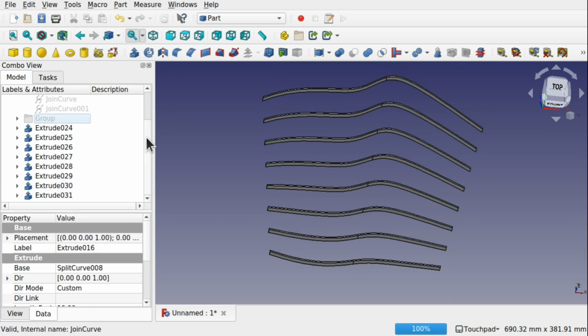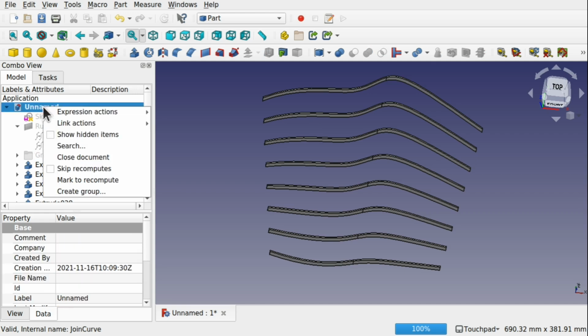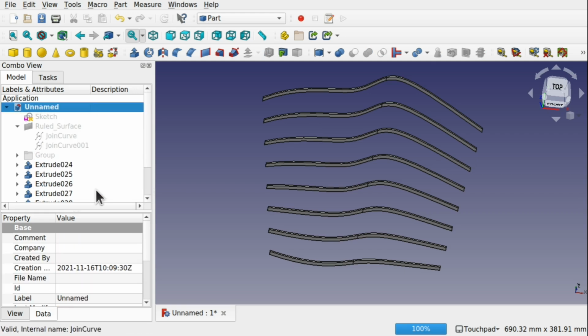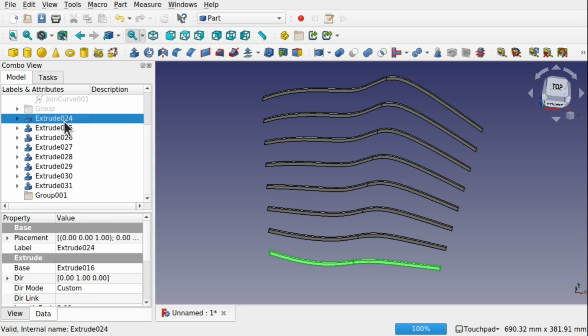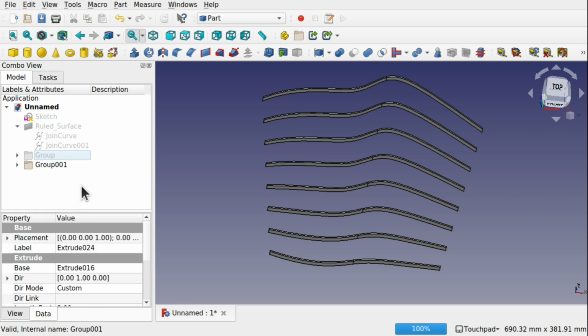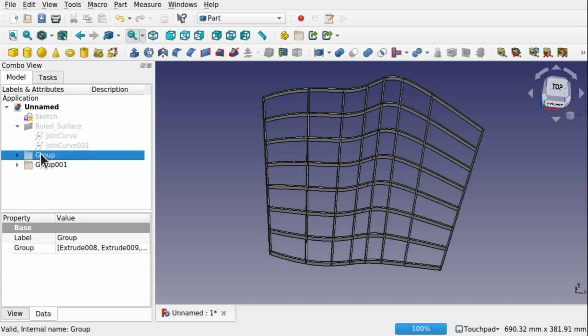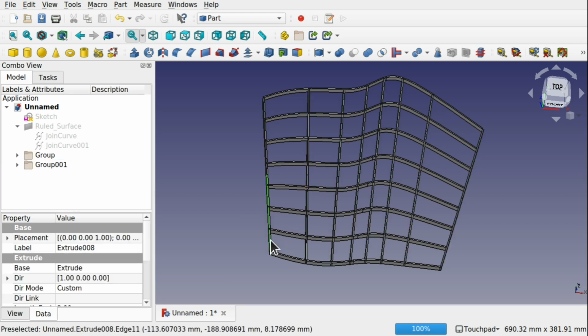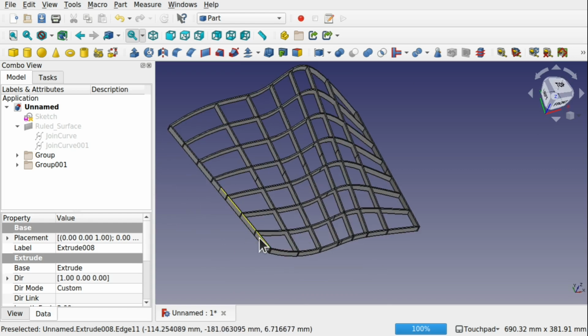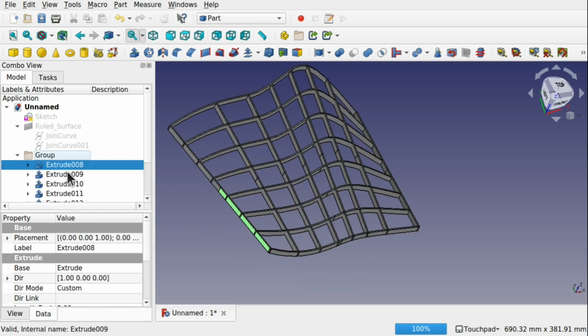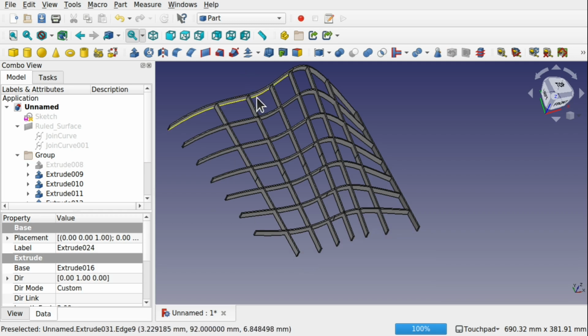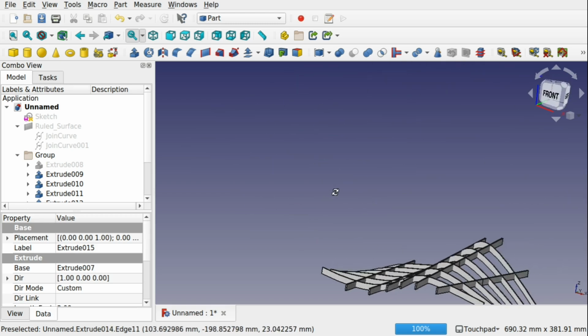And we're going to move these into a group. So right click on unnamed or your document name and create group, and then we can move these extrudes into that group. So the visibility is now on that group like so. We've forgotten to remove one of these side items here, so we can come in, you can see we can highlight one of these and either press the spacebar on that or delete it if we so desire. I just press the spacebar to hide those,